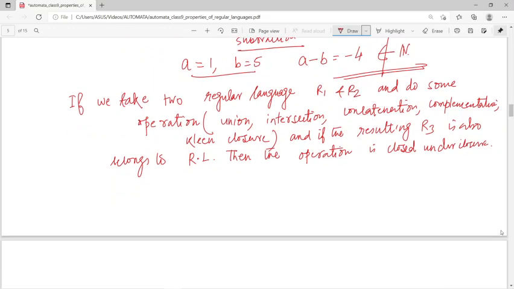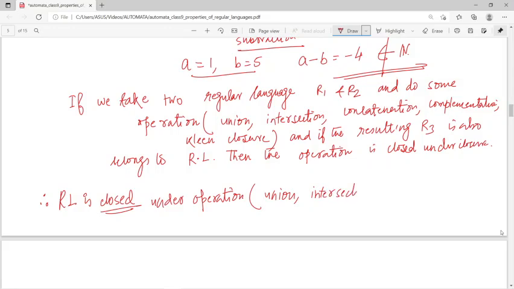If you remember this, you can solve some problems. Regular languages are closed under operations that you need to remember for solving problems: union, intersection, concatenation,